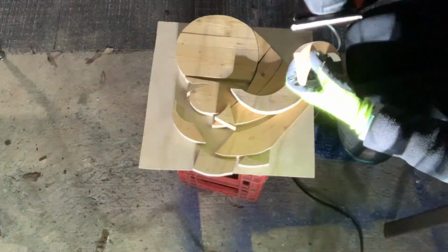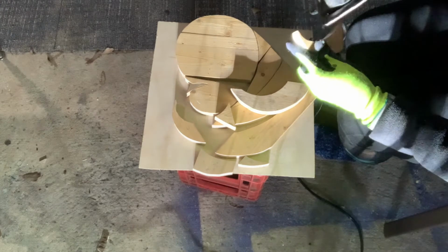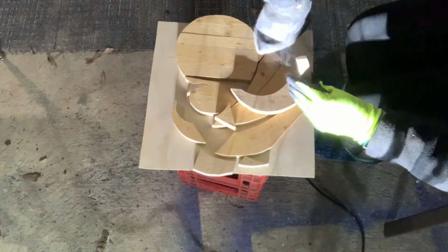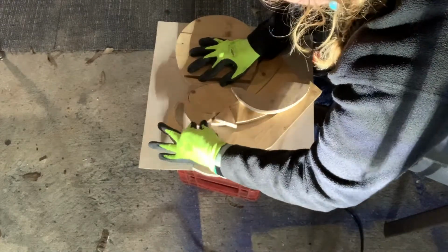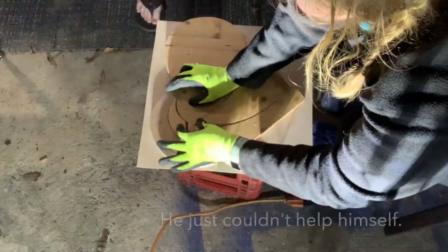And at this point is where things started to go not so right. The pieces weren't fitting back together as well as I would like them to. So I did a lot of sanding to get them to go into the right shapes and the right places. I think that if I did this project again, I would use more sturdy paper for my template to cut